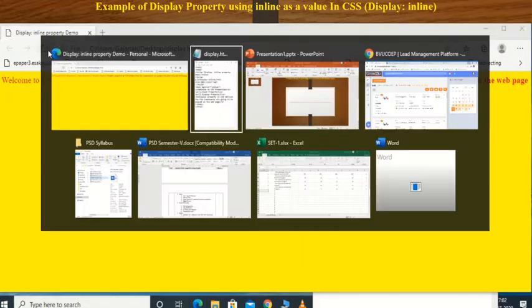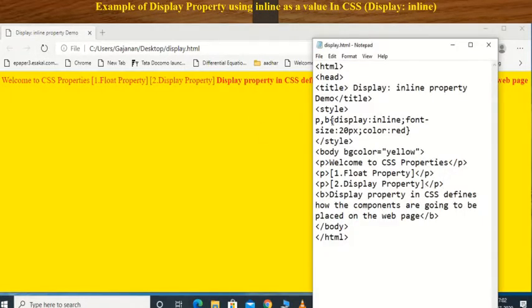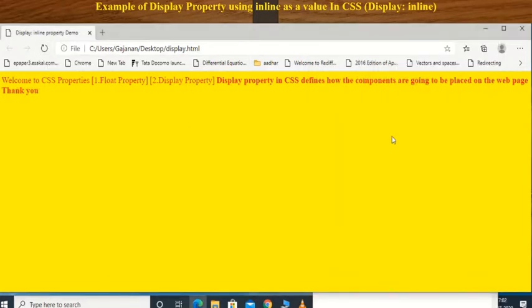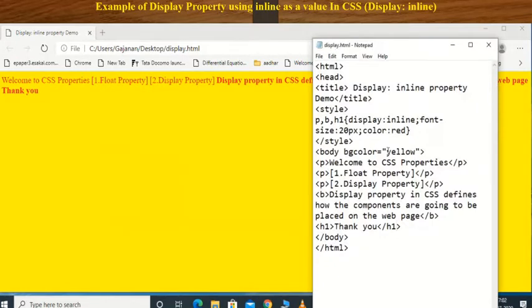Like this, if I want to use an h1 tag also, and I want to print here h1, thank you, and then close h1. Save this. What happened? Your text continues on your web page.